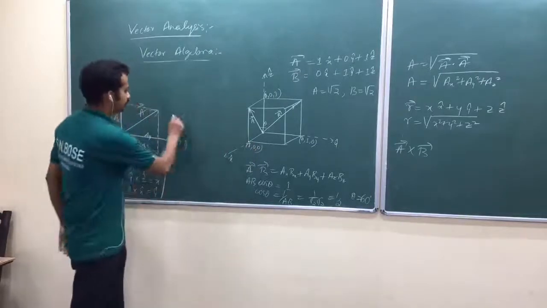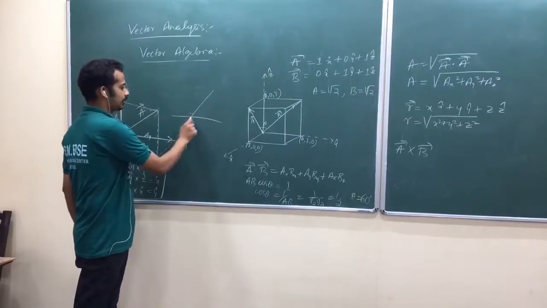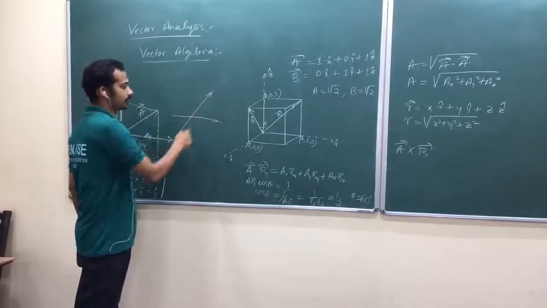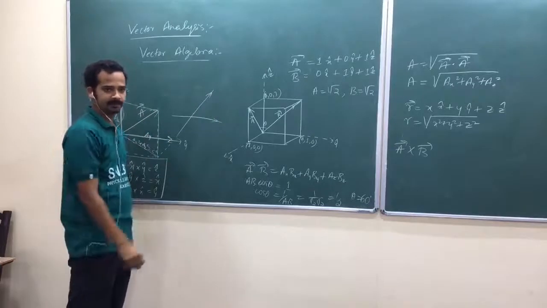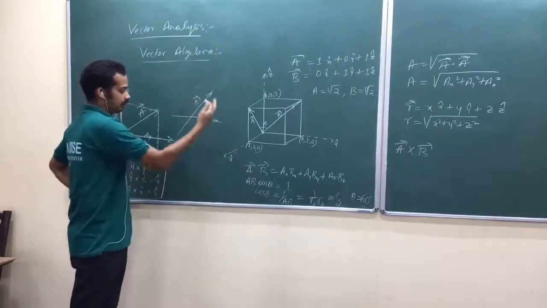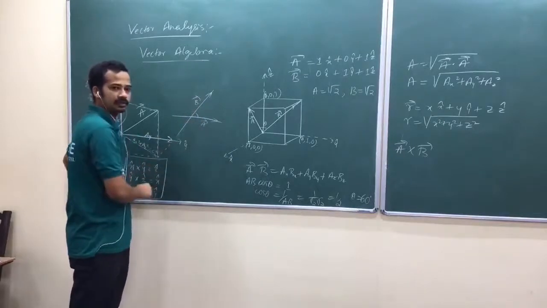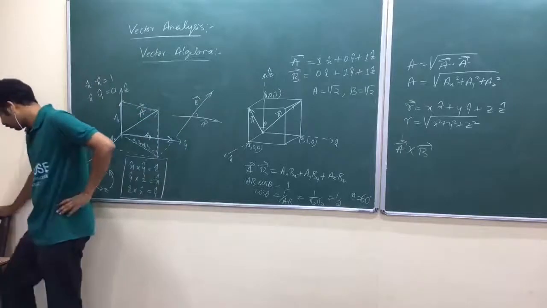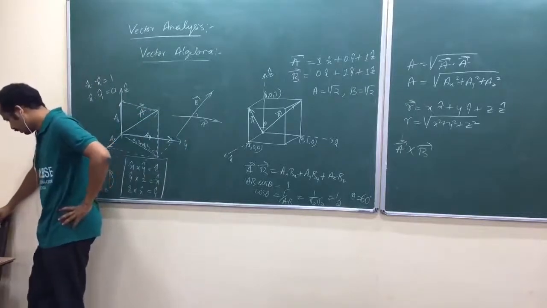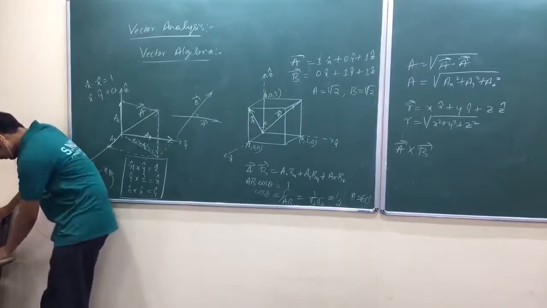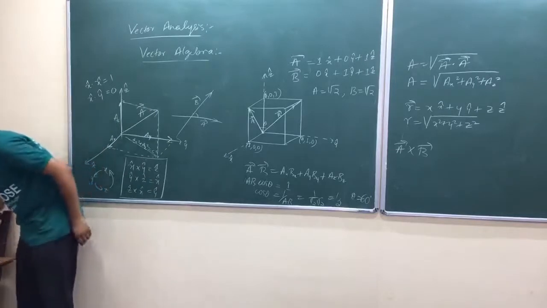Whenever you have two lines like this, you have one angle like this, another angle like this. It all depends how you have taken the vectors. Suppose you have taken vector A here, vector B here, definitely while using this one you are finding this angle, isn't it? Be careful. So find the angle between body diagonals of the cube, and this one you better do.